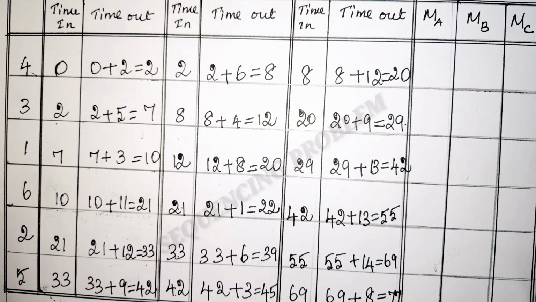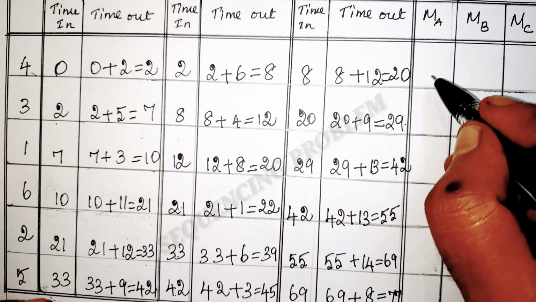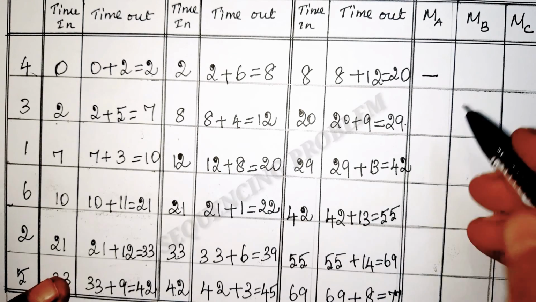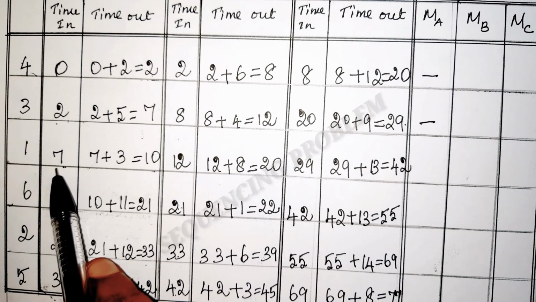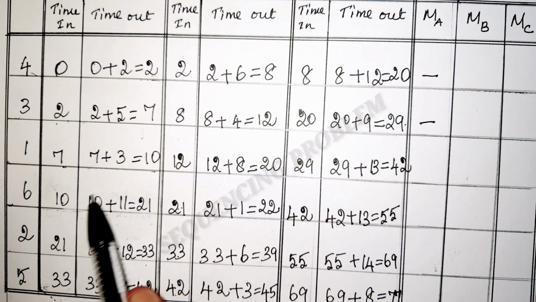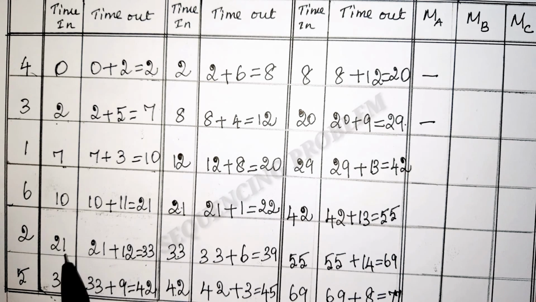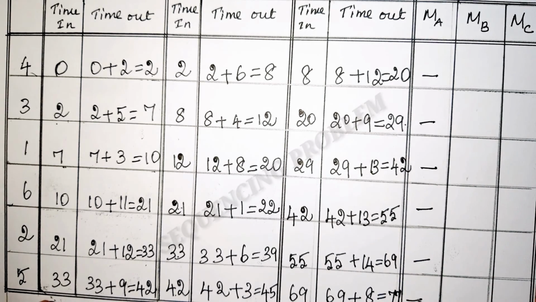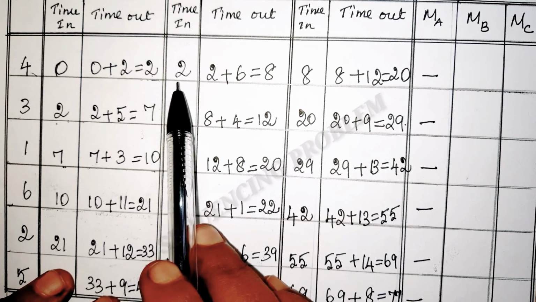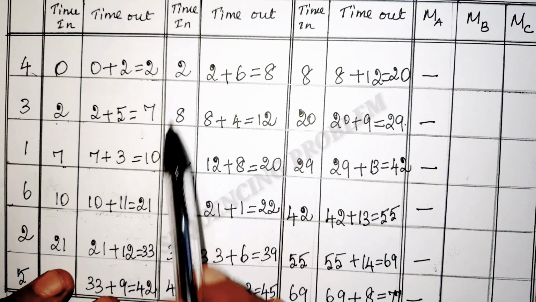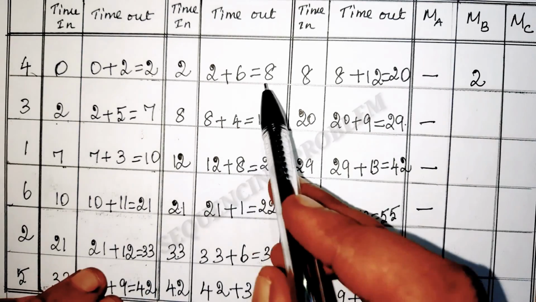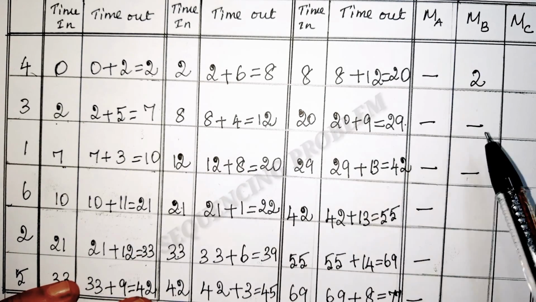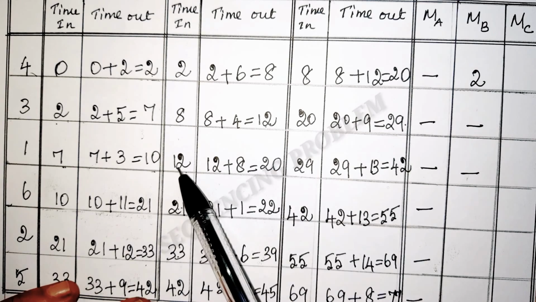Next we have to find the idle time for all the 3 machines. The first machine starts the work immediately, so no idle time. And here it starts immediately, so no idle time. The next job starts immediately, so no idle time. Here also it starts immediately, no idle time. Here also no idle time, and here also no idle time. On machine B, the job starts only at the second hour. So for the first 2 hours machine B is idle. So 2. The next work starts immediately, so no idle time. The third job starts immediately, no idle time. The first job starts immediately, so no idle time.